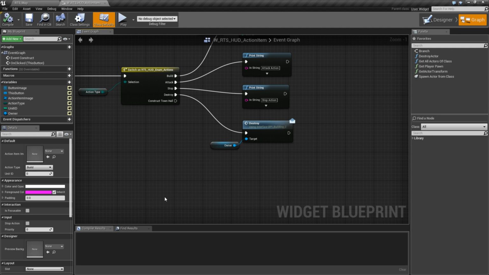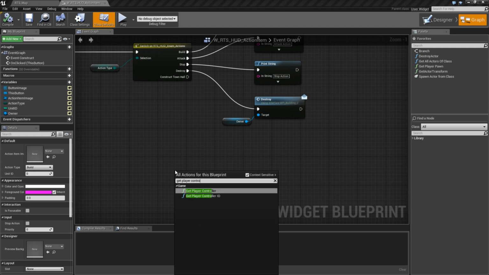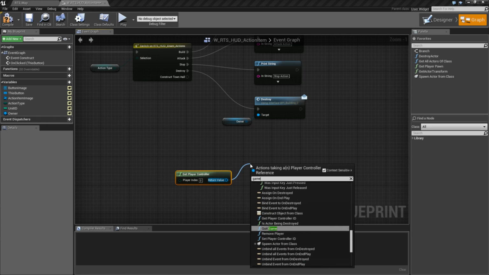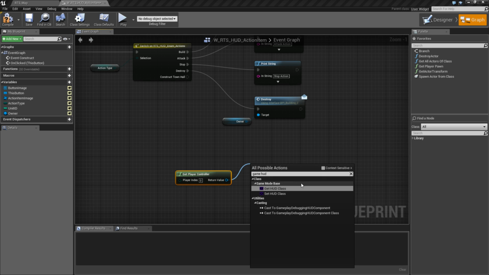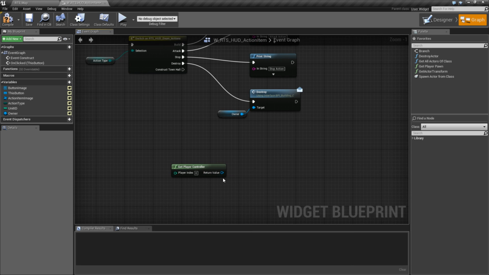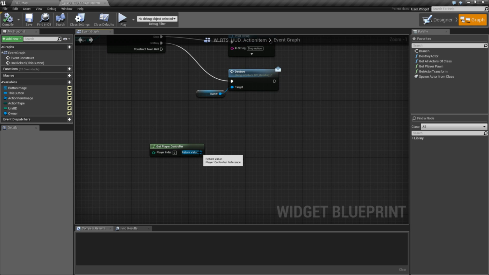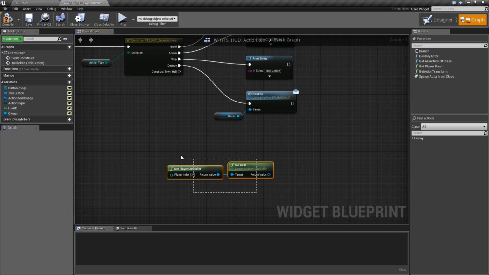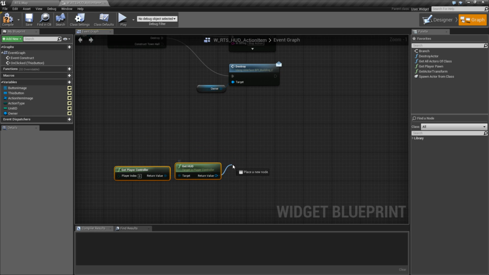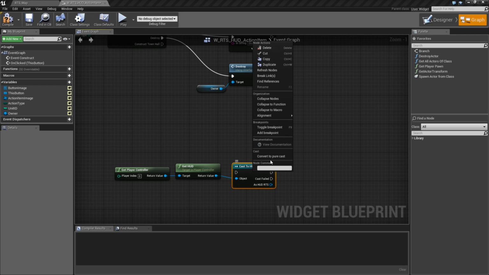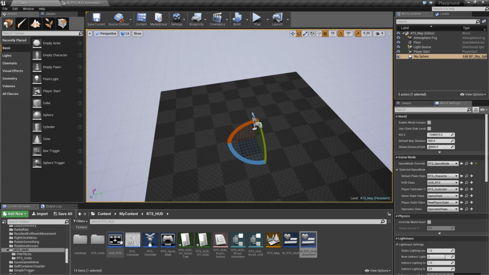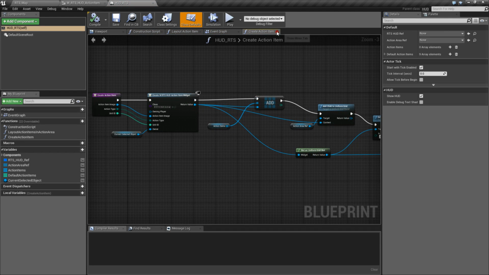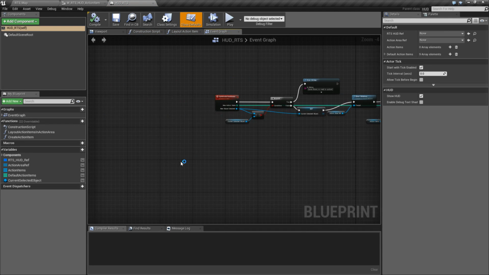Oh, seriously. It's off the stupid controller. Sometimes I wish the context sensitivity wasn't as... Wait, it is off the controller, right? I'm not crazy. No, get HUD. Seriously? Some of these things are so annoying. Then we're going to cast this one to our RTS HUD. RTS HUD, where'd you go? There you go. Inside of here, we are going to have an item called,